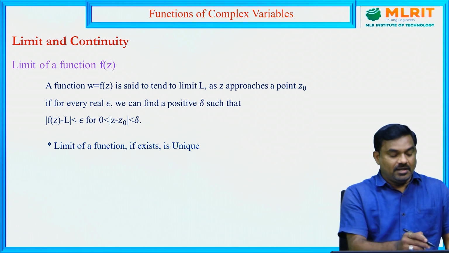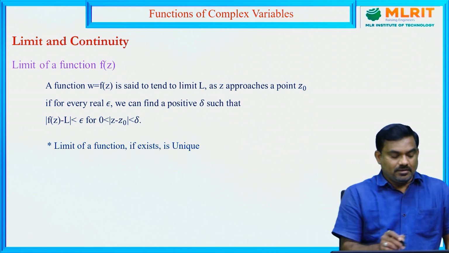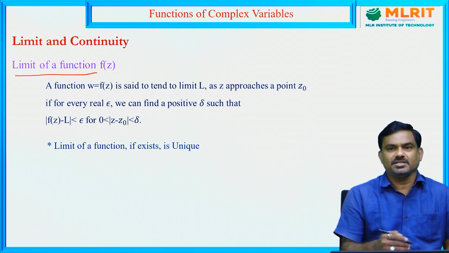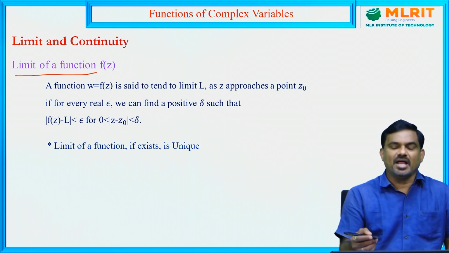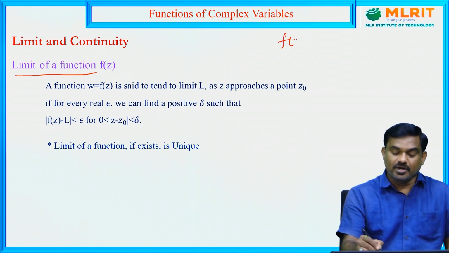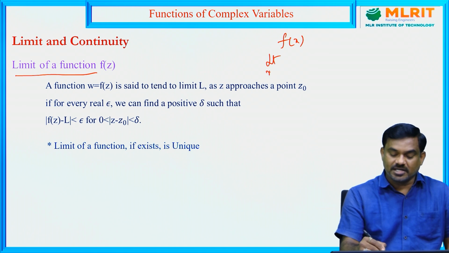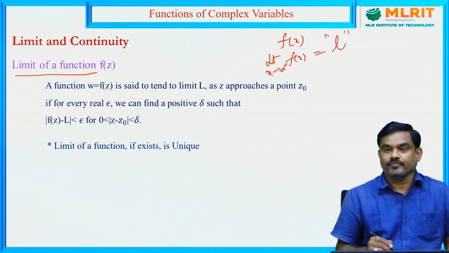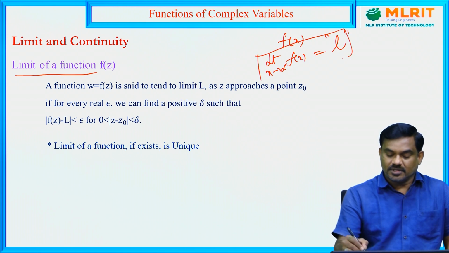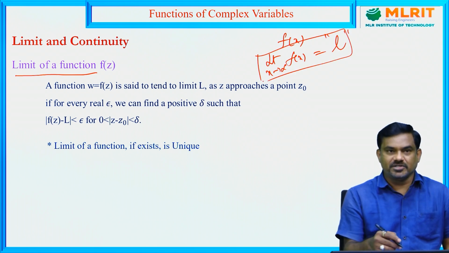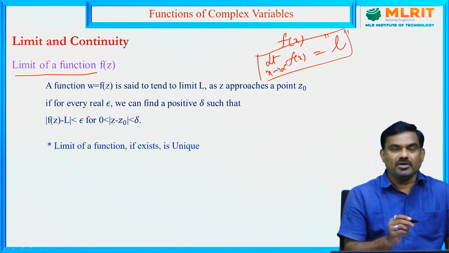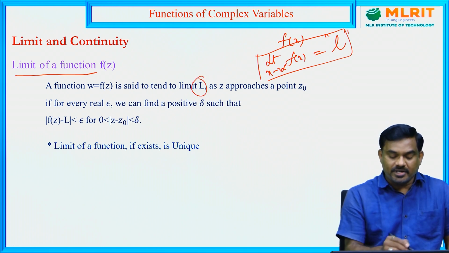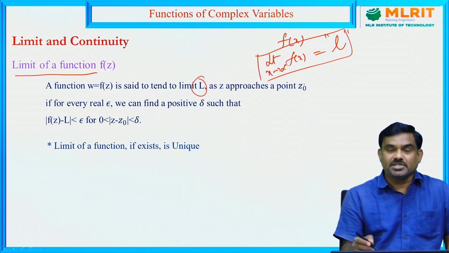Next, limit and continuity. Now, the definition of the limit of a function f of z is a generalization of the limit of a real valued function also. For example, if we have f of x, the limit as x tends to infinity of f of x is equal to L. The similar definition is used here. Let us consider a complex function f of z is said to tend to limit L as z approaches a point z0